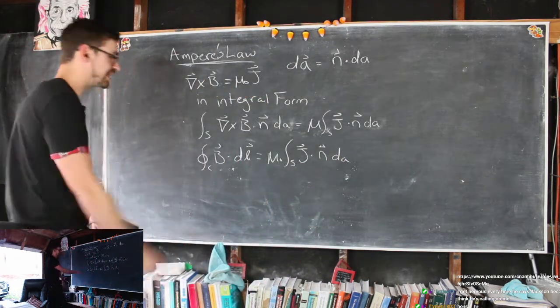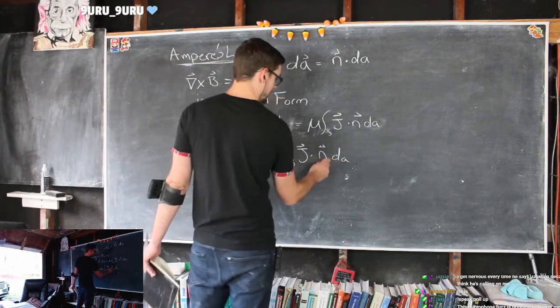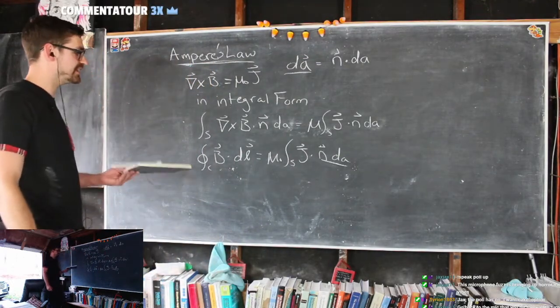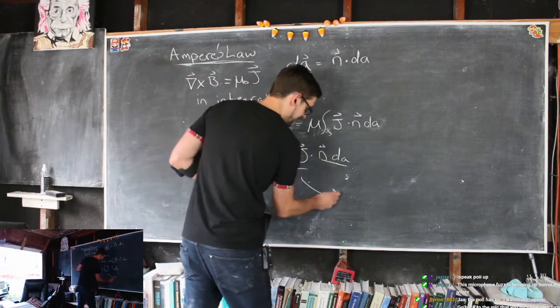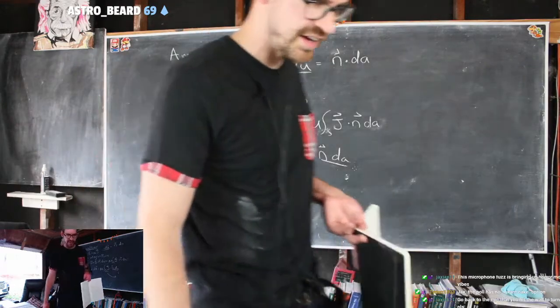Now, what is this? Remember, I said this is kind of just like the area, right? So we have the current density, and I know this is a little bit hack. This is not at all graduate material, but I don't know how many people have actually taken